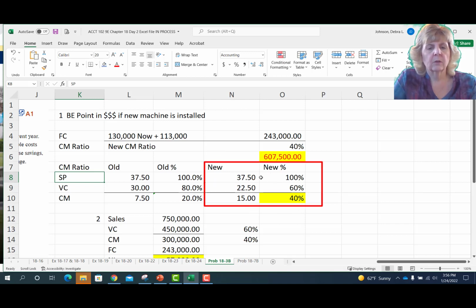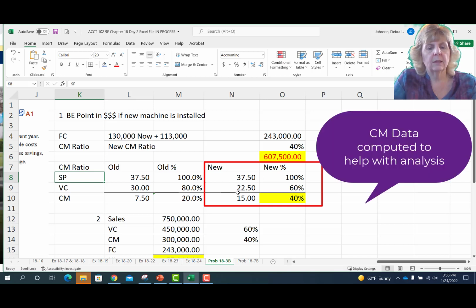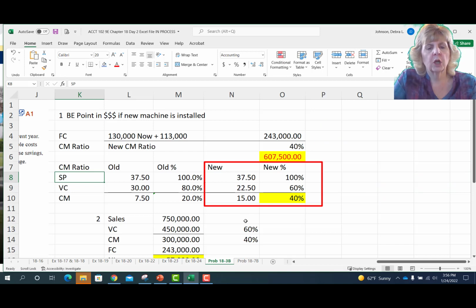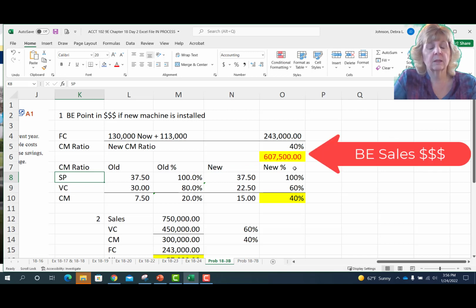The selling price was going to remain the same. They were going to have a decrease in the variable costs, and that would have changed their contribution margin as well. So that 40% contribution margin ratio came from right here. So the amount of break-even sales, if the new machine is installed, jumps to